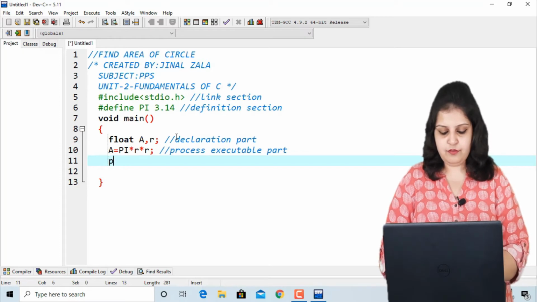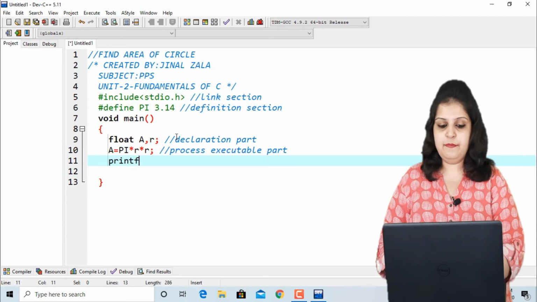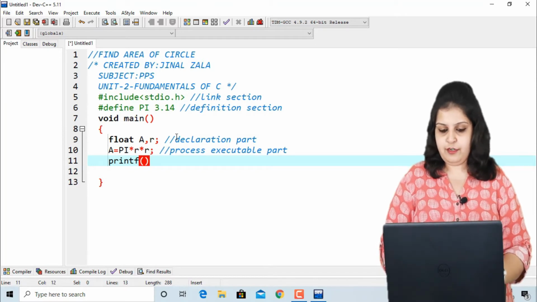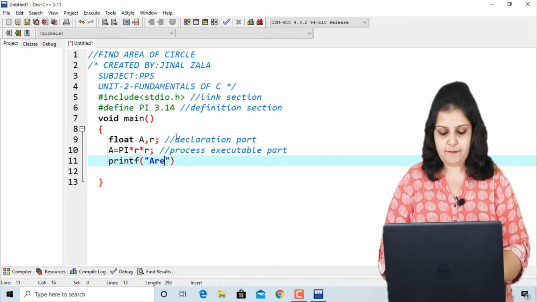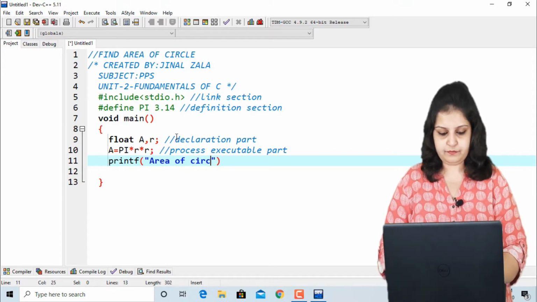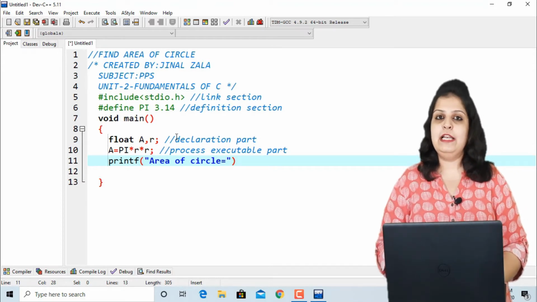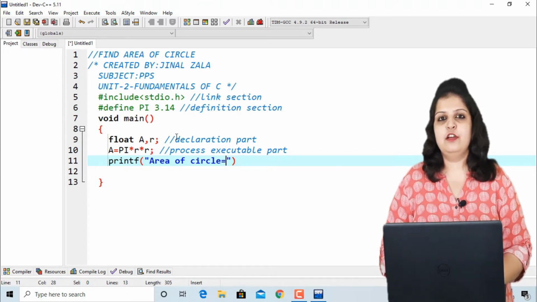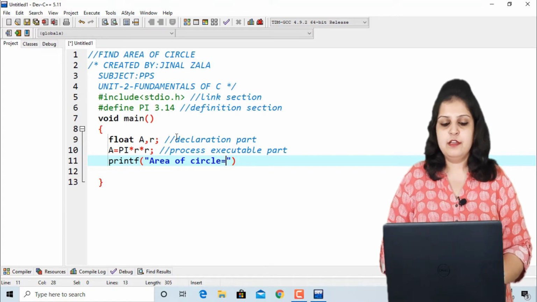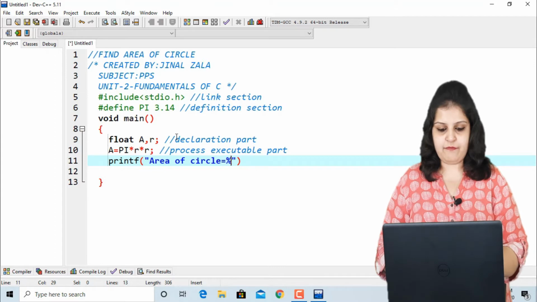We have to use the function named printf, and in printf, in double inverted commas, just write area of circle is equal to. Now I want to print the value of our variable, and for printing any value write the control string of the particular variable or type. So here for float the control string is %f.